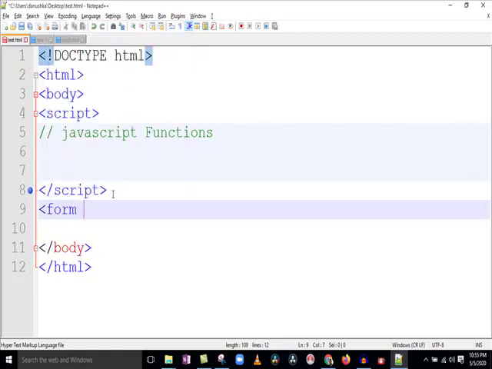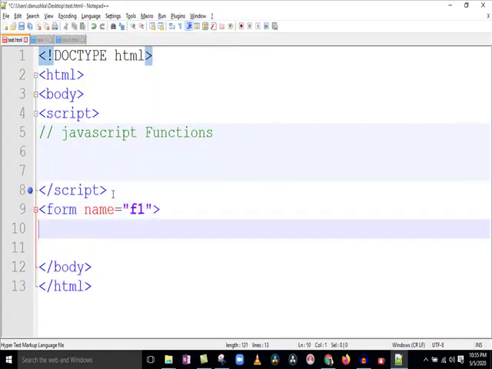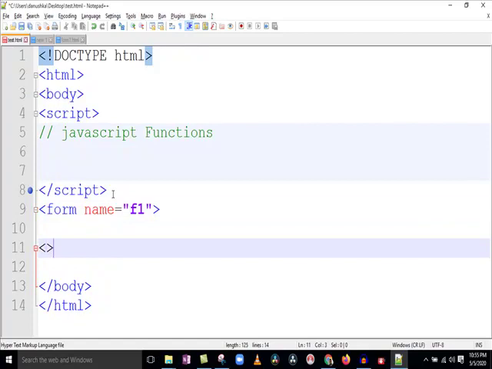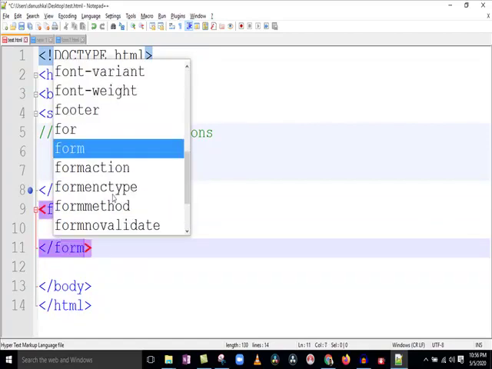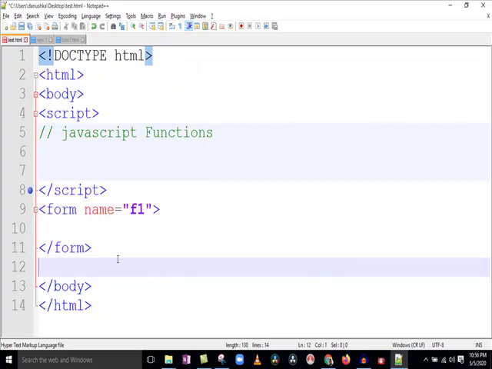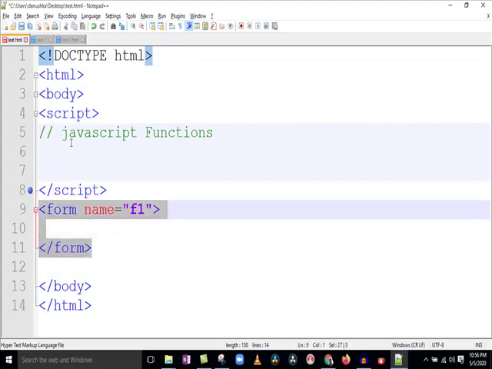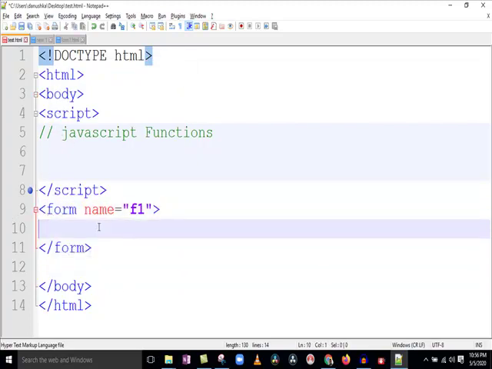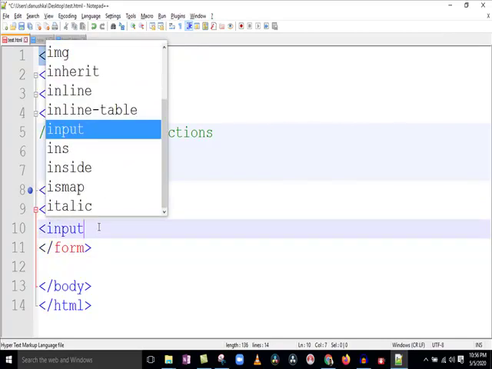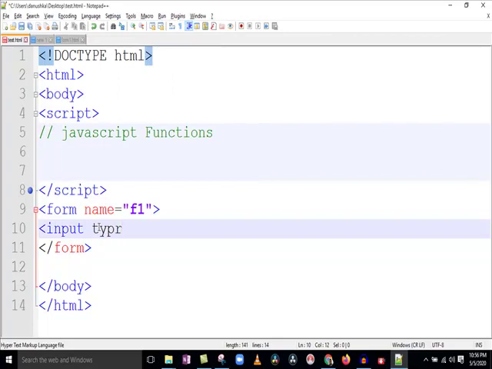form here. Say form, I'll give a name for the form as F1. Good, that's great. And I will close the form tag here. This form tag is very much important when you work with JavaScript. So inside there I will say input. I'm going to put a button here, input type button,